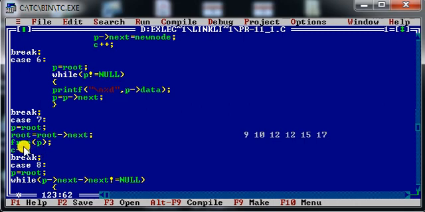So I am writing free p, it means it will clear the memory occupied by this node which contains 9 in its data part. And as we have already discussed, the root pointer has already shifted to element number 10. So from now onwards 10 will be the starting point for my existing linked list.